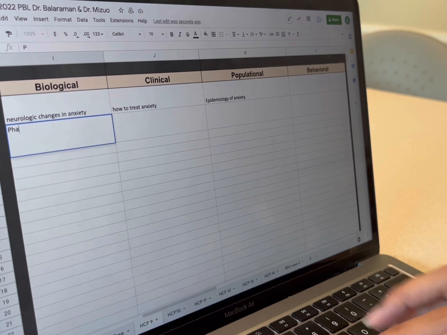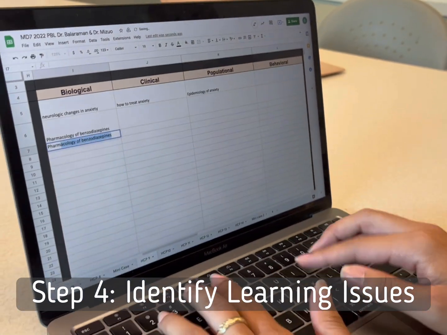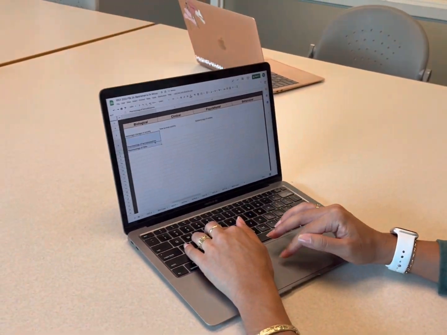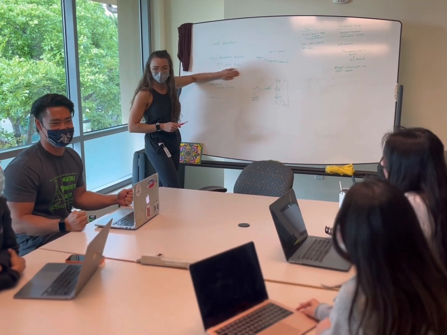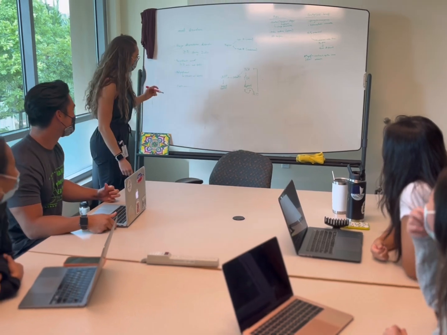Before moving on to the next page, we determine if there are any learning issues or topics that we might want to learn more about to better care for this patient. These can be clinical, biological, populational, or behavioral. Each case challenges the students to evaluate patients holistically and learn about socio-cultural determinants of health, as well as the